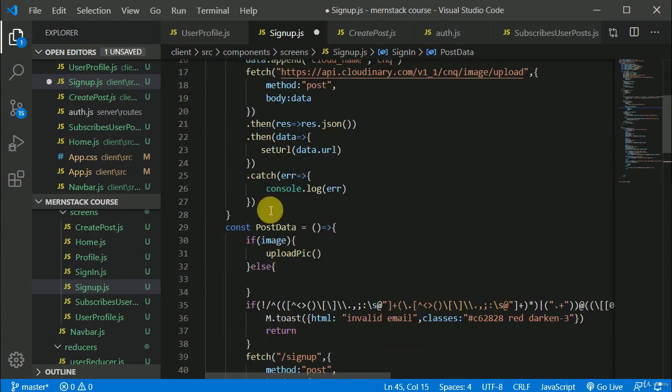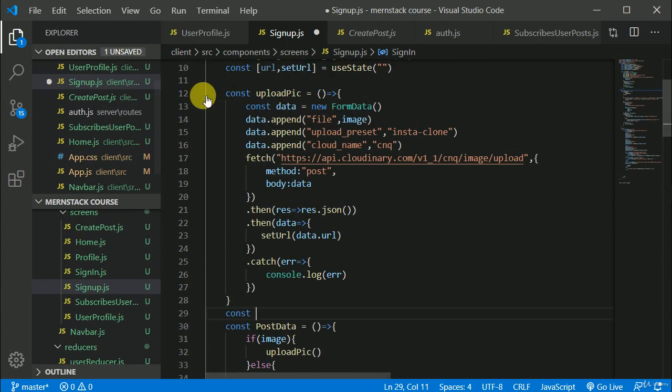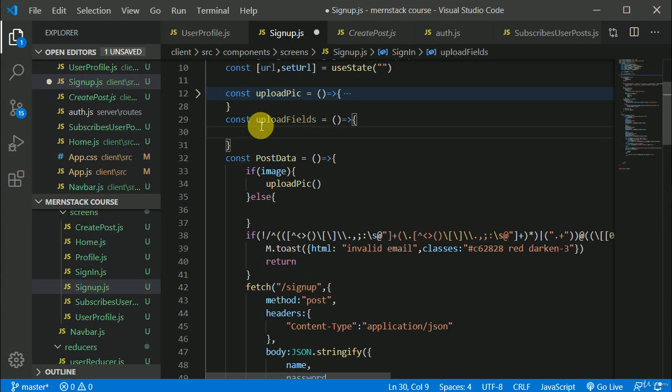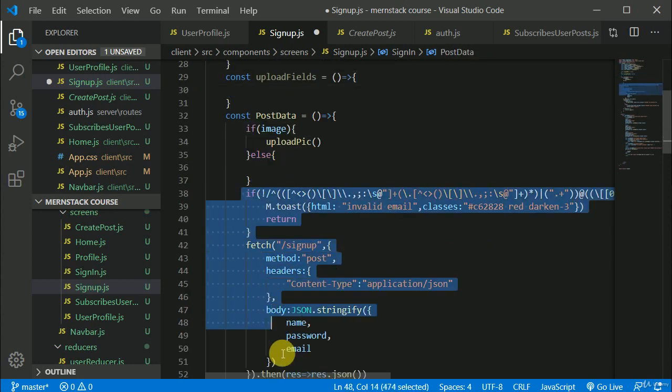You know what, I'll create one more function const. First of all, I'll minimize it because there's too much code. Okay, const uploadFields, maybe, and I will copy all the stuff in here.